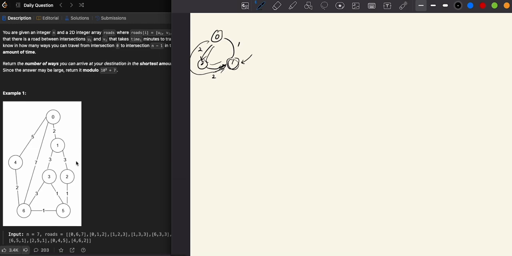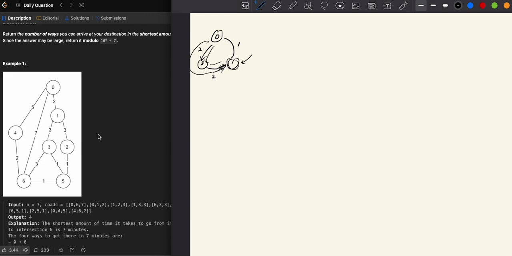Wait, but yeah, I think maybe Dijkstra will work. So when we get from 0 to 1, we know that the minimal for 1 is 2. So if we have any more ways that get there in time 2, we can add that number of ways, right? And then